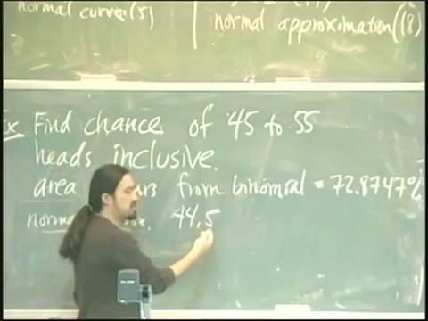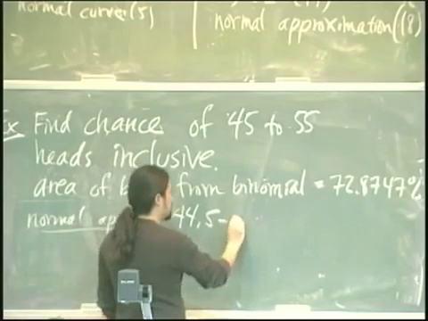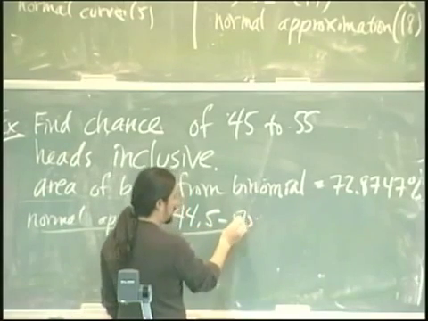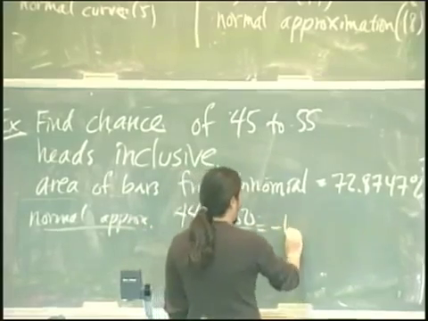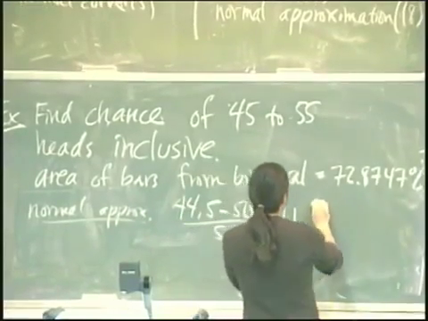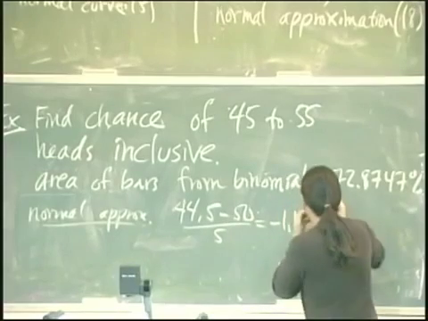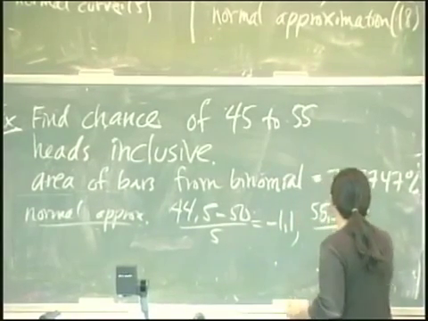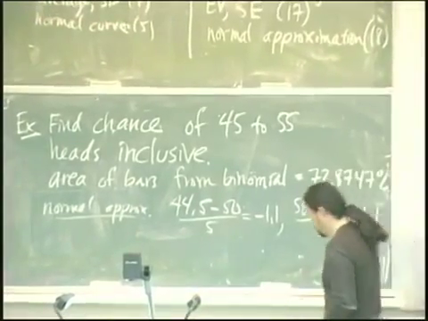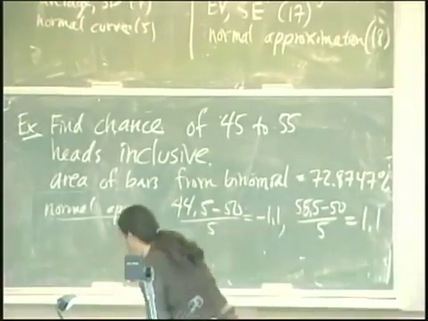That's the left edge of that leftmost bar. Subtract off the average, subtract off the expected value, divide by the SE, and this gives minus 1.1. And for the far right side, 55.5 is the edge of the far right bar, minus 50 over 5 is plus 1.1. So if I look that up on the table,